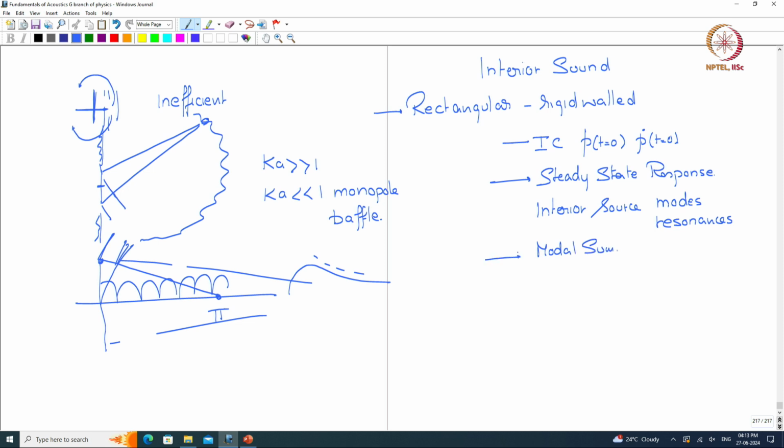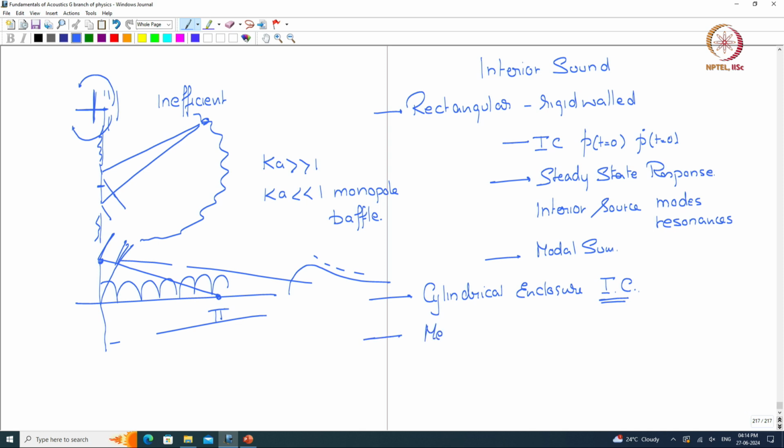And then we saw the same inside a cylindrical enclosure, response to initial conditions. Now, with this we concluded the interior sound also. Then we saw